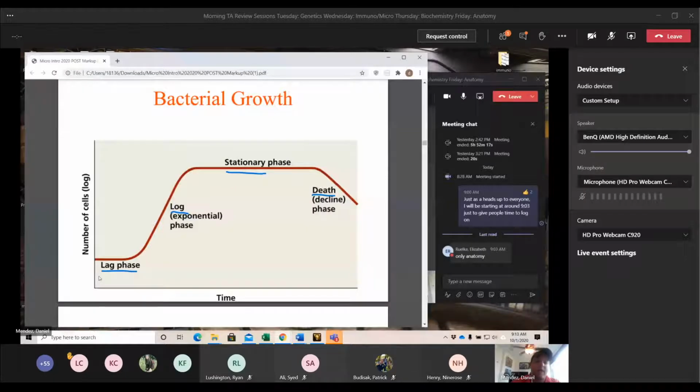So they start off not growing. They will grow in large amounts. Then they will stop growing because they've run out of resources. And then they will die off because they have run out of those same resources. We'll talk about it later, but antibiotics will typically attack or use their function during this log phase, because the antibiotics that we have affect some sort of metabolic process. And the only time we're seeing these bacterial cells use their metabolism is when they are growing. So the antibiotics are only going to interfere in this log phase.